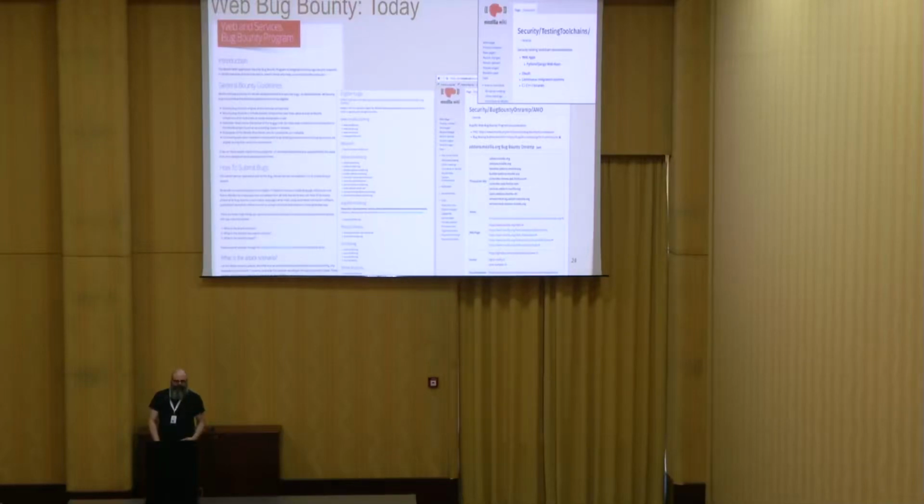But what we're trying to move towards right now is this: we only pay for bugs that are from moderate risk to higher right now, and for people who report lower risk and informational bugs, there's really nothing that's happening right now. We would like to get those, and it's just a function of time, and that is coming pretty soon. We'll be shipping people swag and other stuff like that, and putting them on the Hall of Fame soon. But we're still moving to that. We've got about 3,000 websites total,